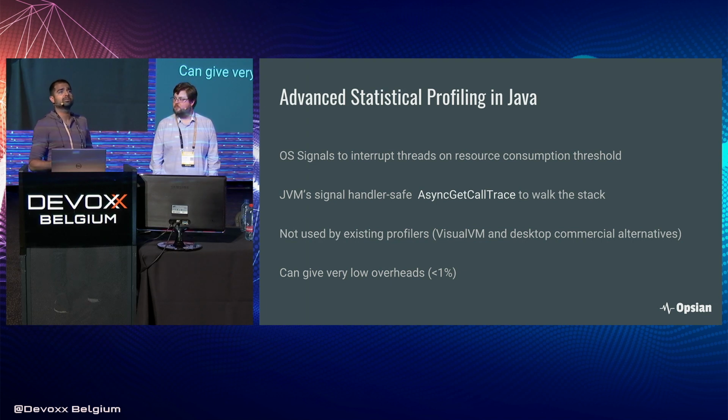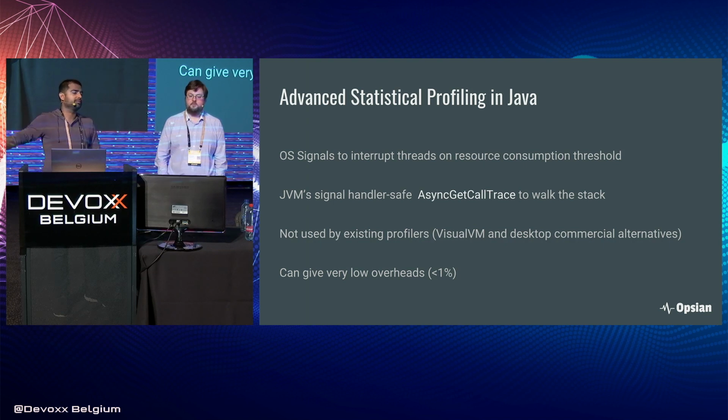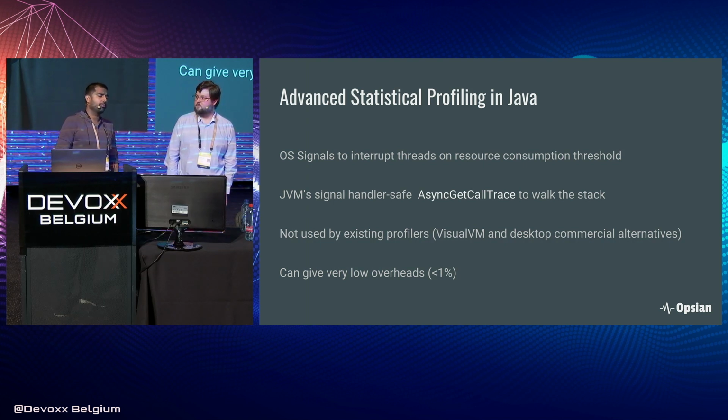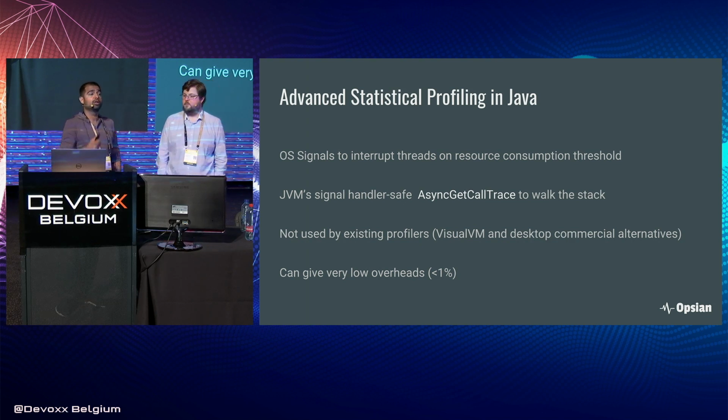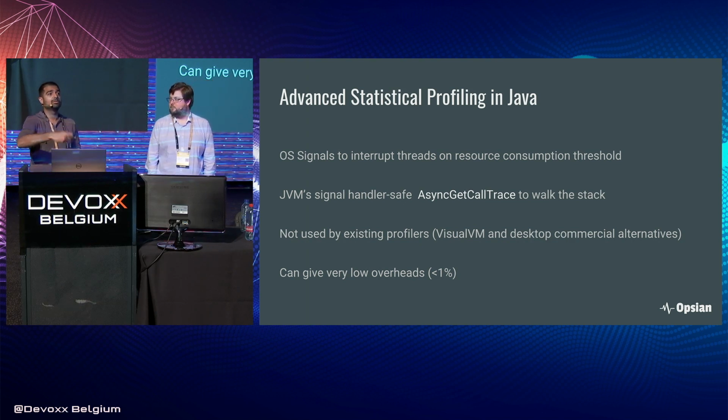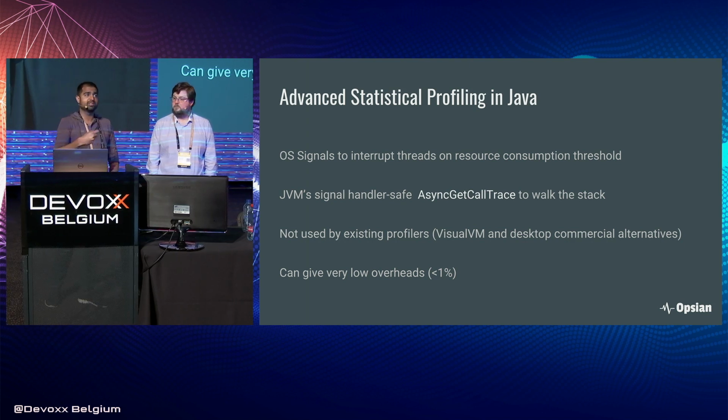Nearly all modern operating systems have this concept of operating system signals. Signals are a way that you can say to the operating system, asynchronously deliver this message to this process, on Unix. And the operating system will basically interrupt that process and will deliver, on one of the threads of that process, what's called a signal handler, a little bit of code that is designed to run in response to the process receiving that signal.